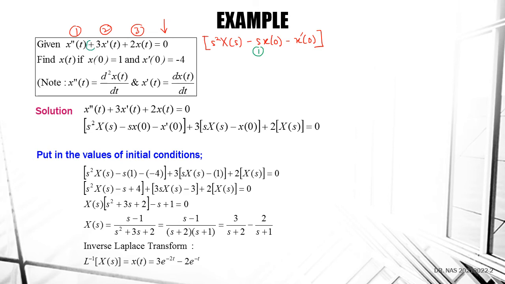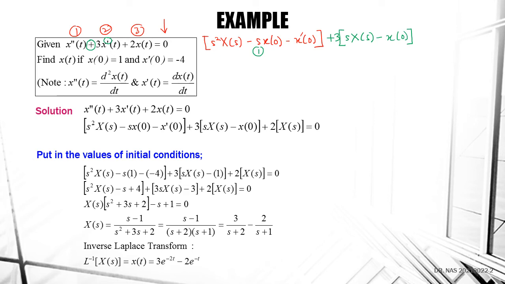and then plus the second component. So plus the second component is x prime. So x prime is to the power of 1. So you have here 3 x prime: s to the power of 1 Xs minus s to the power of 0 x naught,